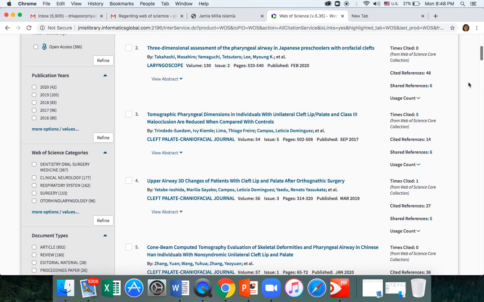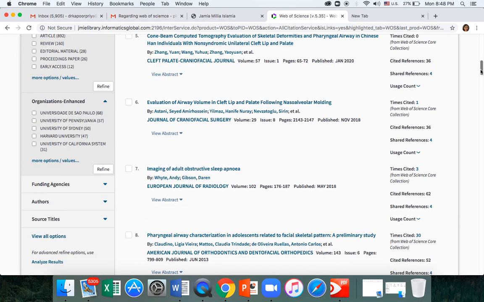It's kind of a snowballing thing. Have you ever seen a snowball rolling in the snow? It will take on more snow from the surrounding areas, and it will become bigger and bigger in size. It's the same way Web of Science works. For every article you click, it will show more related research, so you can click on that and again broaden your search. And this is a beautiful concept which is not present in other databases.